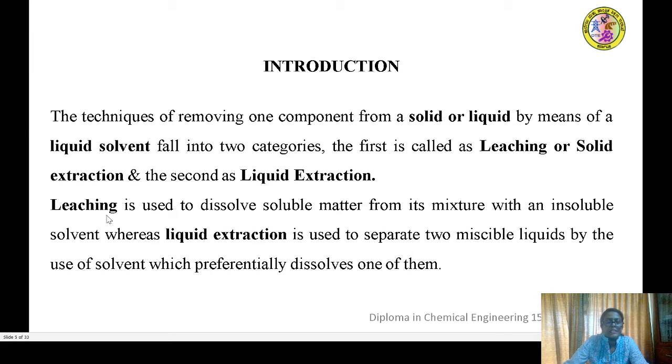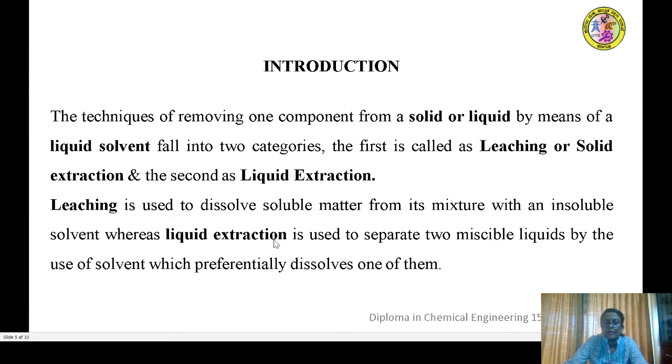Okay. So leaching, which is also called solid extraction, is the operation used to dissolve a soluble matter from its mixture. Essentially it's a solid mixture, and one of the components will be soluble in a particular solvent. Removal of that soluble matter from its mixture with an insoluble solid is called leaching or solid extraction, whereas